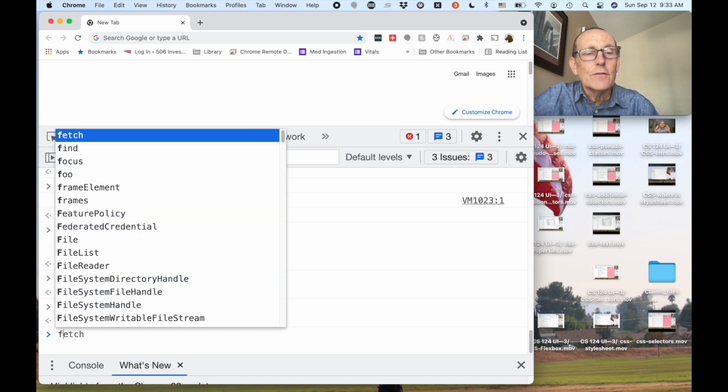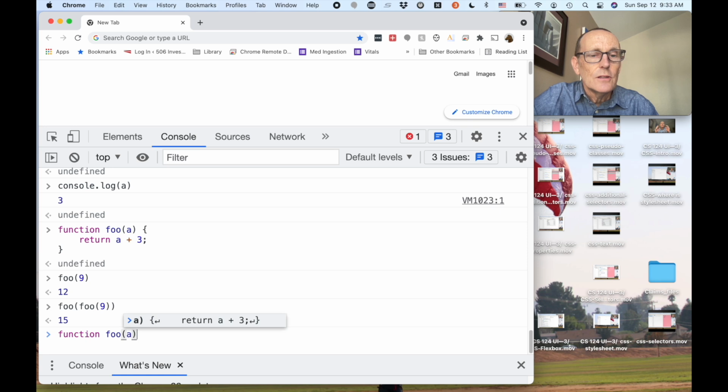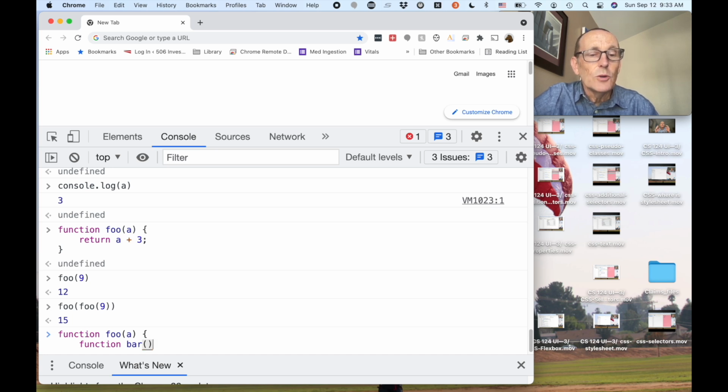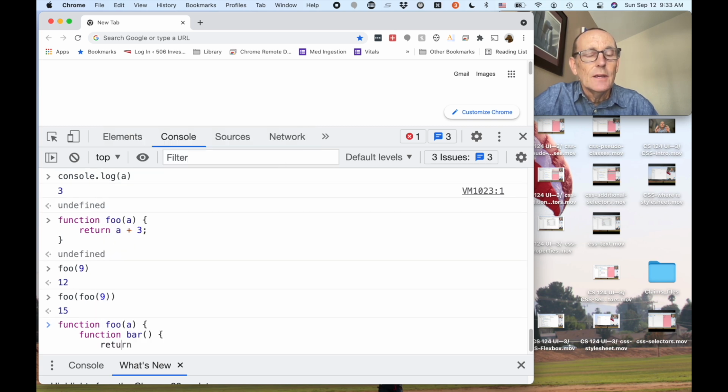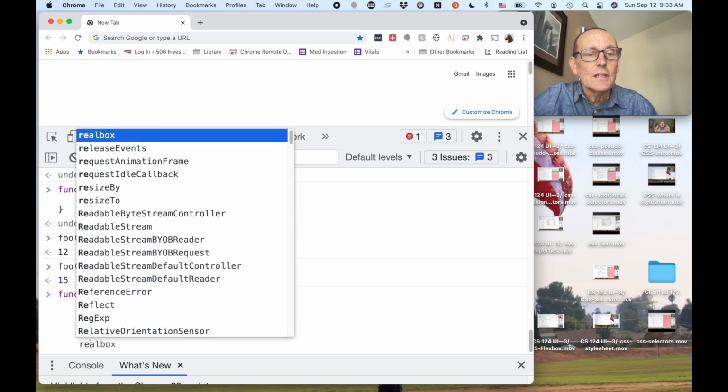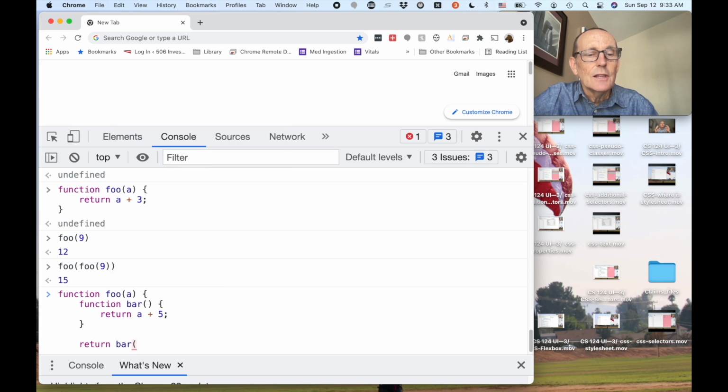You can have nested functions, just like you can have nested functions in Python. So I might have a function bar that takes no parameters, so you have to put the empty parens there. And let's say this just returns a plus 5. Okay, and then the function foo itself might just return, let's say, bar